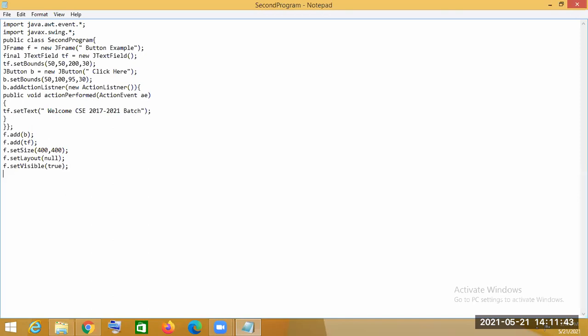If we pass true, our frame will be visible, and it is called through the frame class object. If we wanted the button to not be shown, we would call setVisible with the button class object. But here we are calling it with the frame class object, f.setVisible, so our frame will be visible.